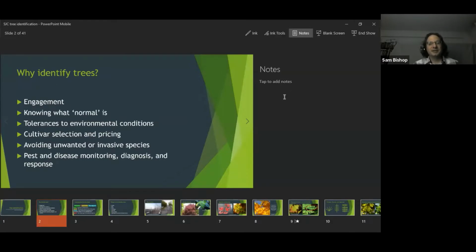So being able to identify those, especially if you're doing a tree planting project, so you're not accidentally planting something you don't want, because nurseries do sometimes make mistakes. And then this kind of goes back to knowing what normal is, but also pest and disease monitoring, diagnosis, and